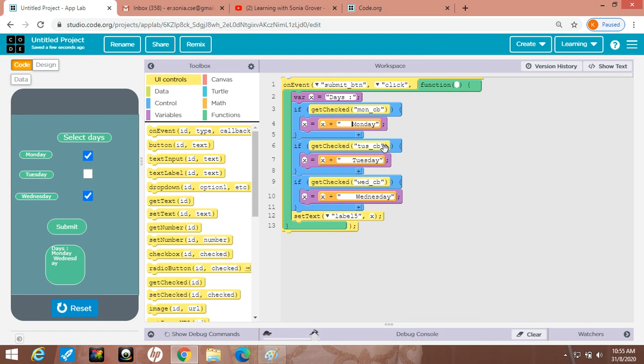I hope you have got this point, and at the end you have to set the text. I am setting the text of the label here. You can set the text of a text area, whatever you are taking here. It means you have to set the value of that tool. I hope it's clear. Please do practice. If there is any doubt, please ask your query.